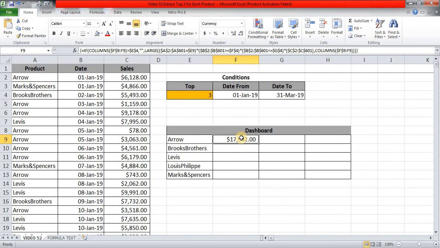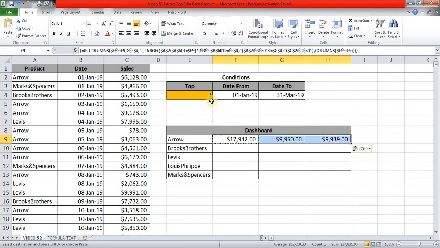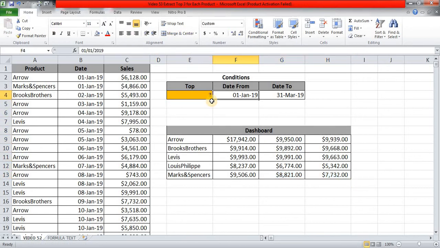So right now we want the top 3 values of sales. So Control C, Control V, and then simply copy this to these products. Okay, and now let me show you how things are going to work. So right now it is top 3, but suppose I want just first top sales by each of this product. Then if I press 1, it is giving me 1. If I type 2, it is giving me top 2 values. If I am putting 3, it is giving me top 3 values.